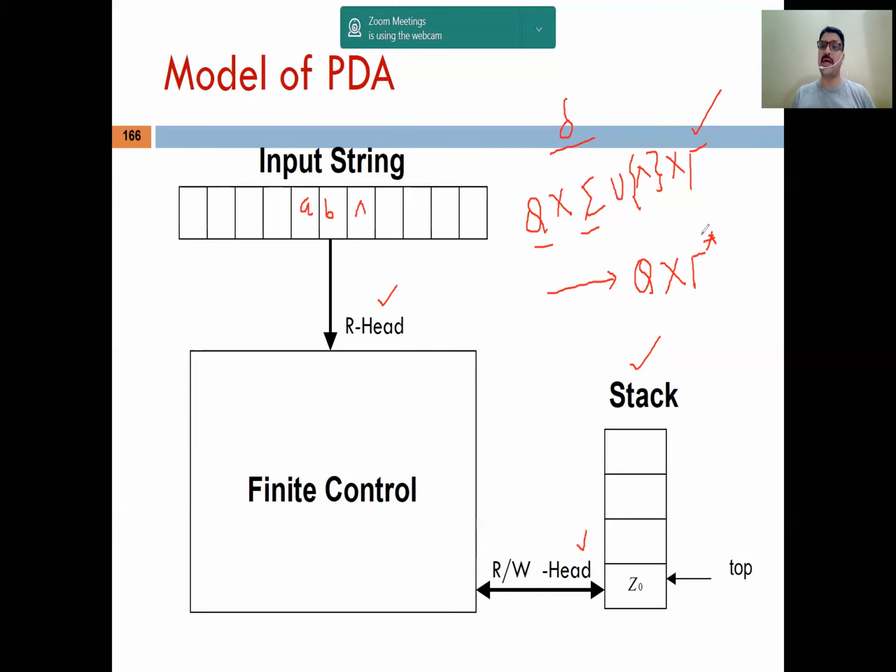What does it mean? Tau star means any iteration, that is any combination of tau including null. It means that after transition you have to push the symbol into the stack. So why are we using a star sign here? Because we can push null, means if I don't require to push anything into the stack, in that case we are pushing null. So that's why null is also part of tau star. If we want to push any single element, then we can push. So this is the simple part.